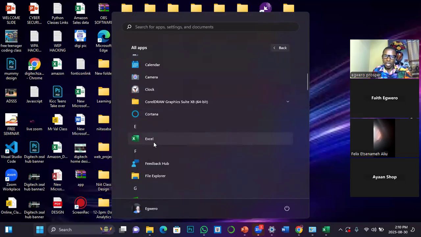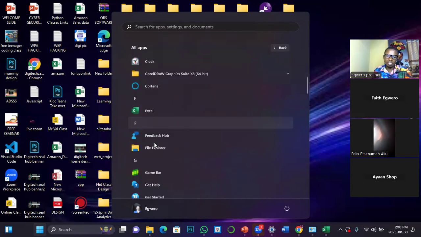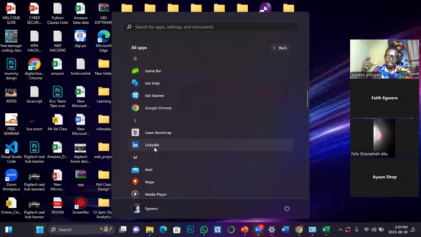But where I cannot find it outside like this, then you can locate Microsoft, because like I said, Excel is one of the applications in the Microsoft Office Suite. Microsoft Office Suite is a collection of different Microsoft Office software.